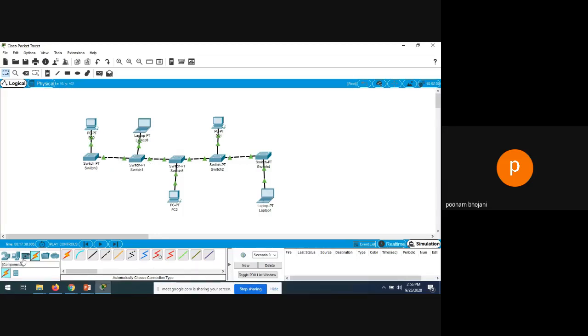Now, let me tell you that there are so many end devices mentioned over here, but all the devices may have different configurations. I haven't used any of these devices for the network. So definitely you have to learn the configuration in the help before using it. If you are going to use the server or printer or IP phone, kindly see the configuration in the help command and then you can use it. Otherwise, it will not be appropriately connected, like what we have done right now. I'm not going deep into it because I'm not going to do more simulation in Cisco Packet Tracer anymore. I'm not in this field actually.